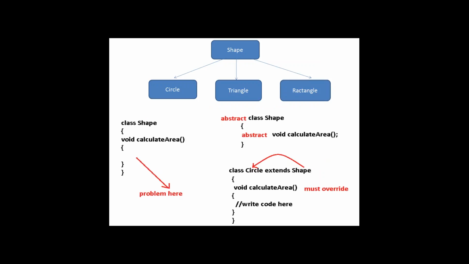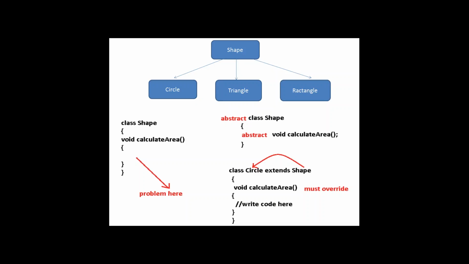If I write the equation for finding the area of a triangle or rectangle, then obviously when the circle class inherits the shape class, this body is not useful in the circle class. If I implement area calculation for the triangle or rectangle in the shape class, that is the problem. So there is no need of the body of the base class function in the derived class. The solution is that we simply define the shape class with the abstract keyword, and we remove the